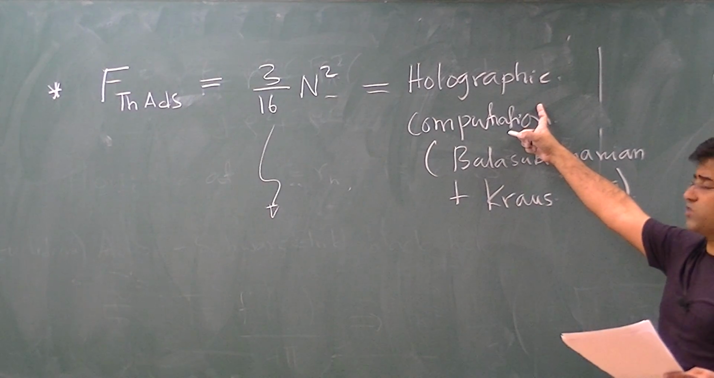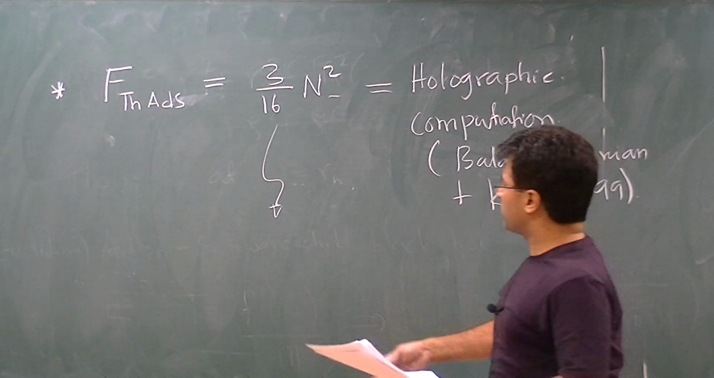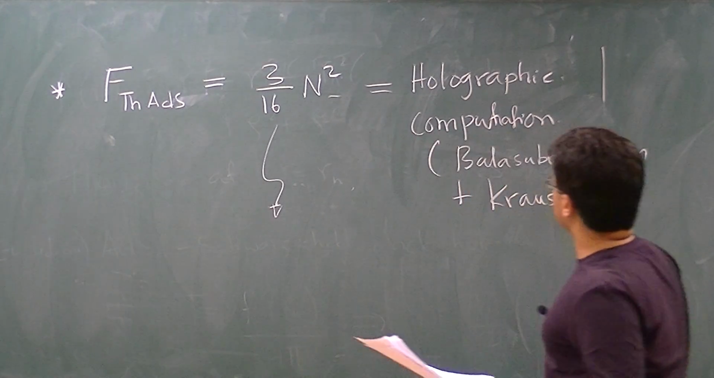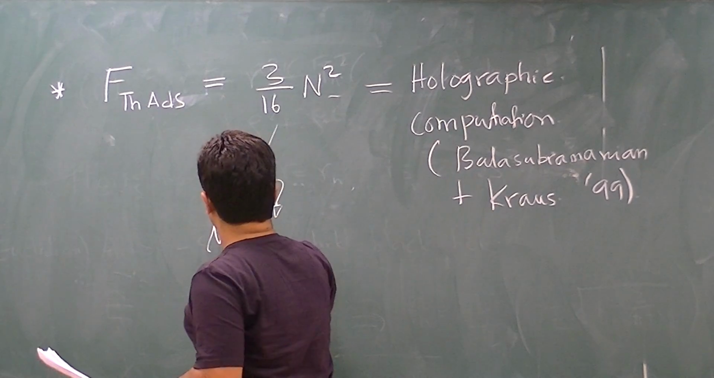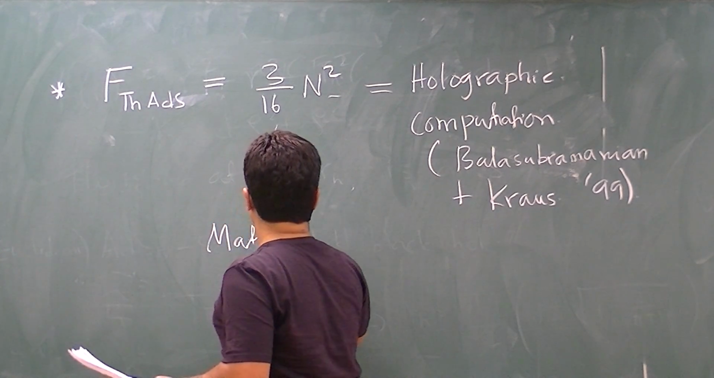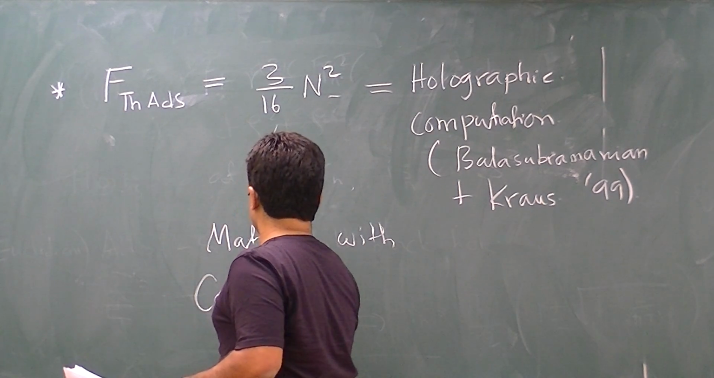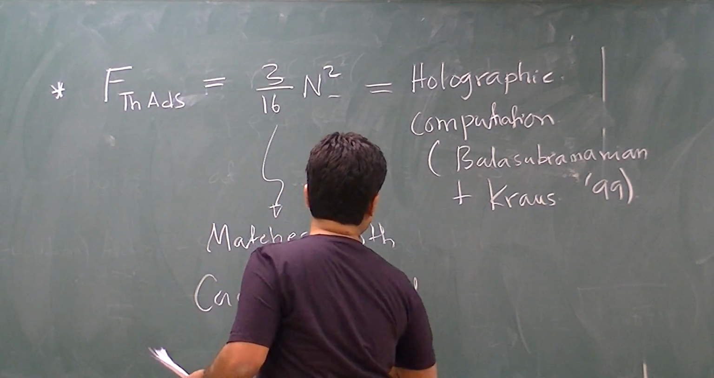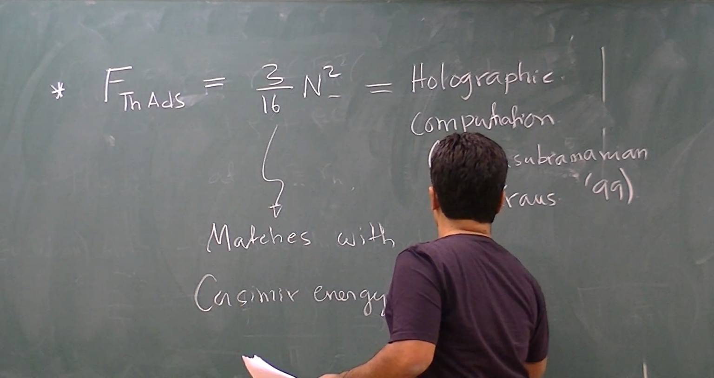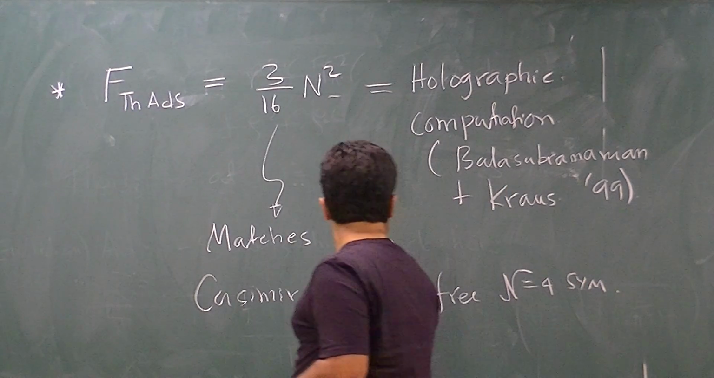This number 3/16 you get by an honest holographic gravity computation, just calculating the free energy of the solution, evaluating the action after adding counter terms, etc., and doing things correctly. And this actually matches exactly with the Casimir energy of free N=4 super Yang-Mills fields